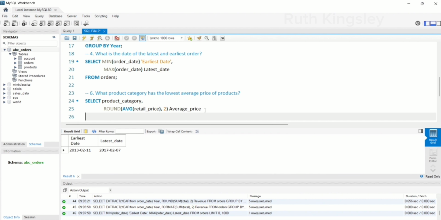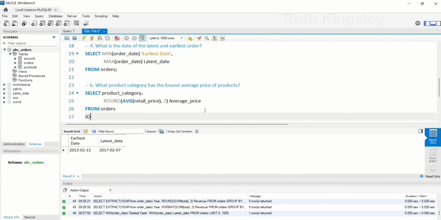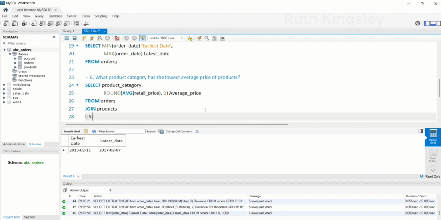Then I'm going to write from orders, join. We're going to join it with the products table because we are also selecting the product category. So I'm going to say from products. We're going to use the using keyword. This using keyword is just like the on clause. It's going to help us specify the related column in which we want to join these 2 tables. So I'm going to say using product ID,